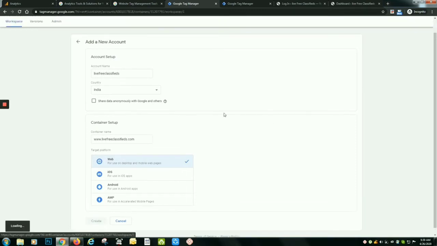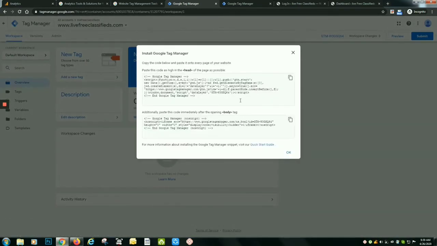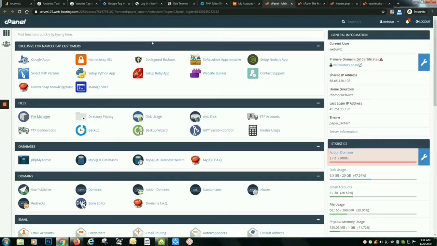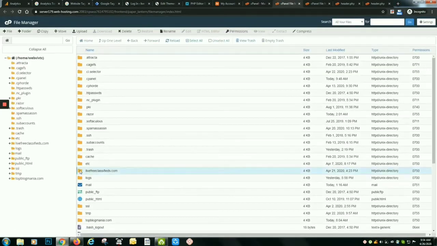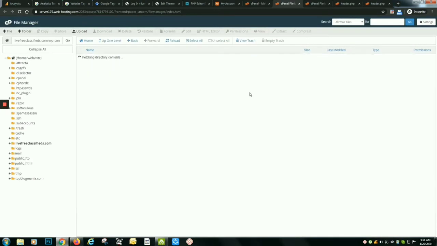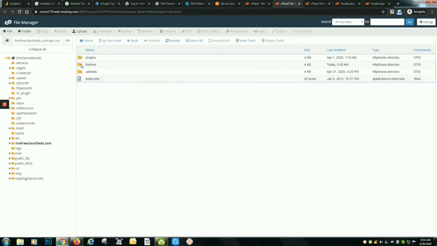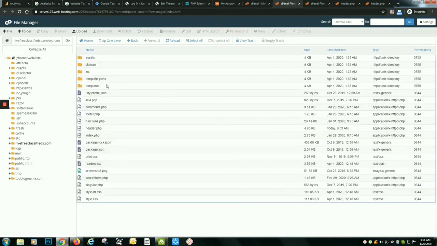Here it is. These are the two codes which you have to add in the website. The first is the code which you have to add in the header section of the website. How can you add it? Just go to the header section, go to the theme, the 2020 theme or whatever theme you have, and go to the head section, WP header of the website.